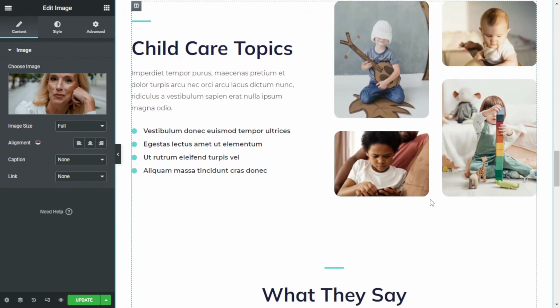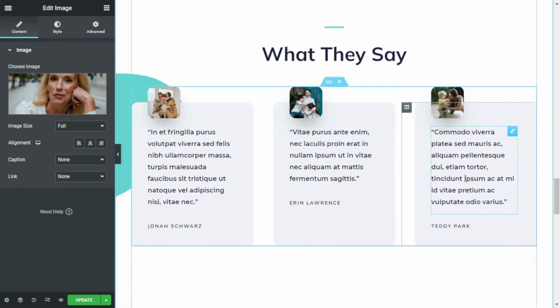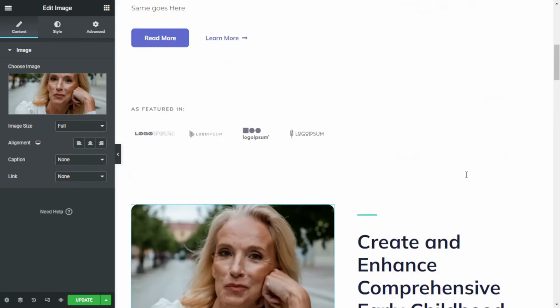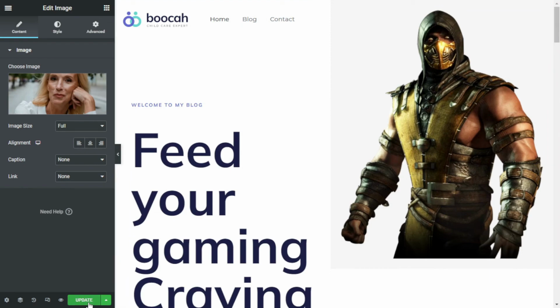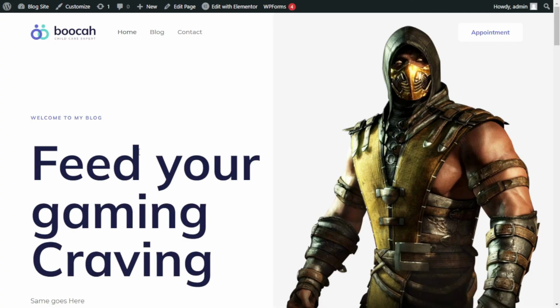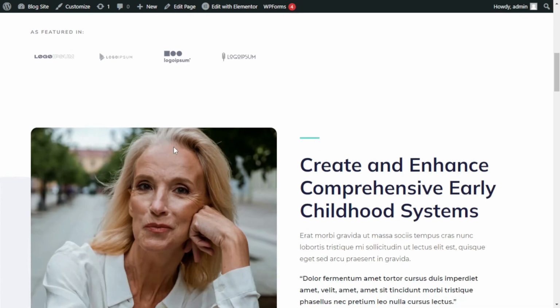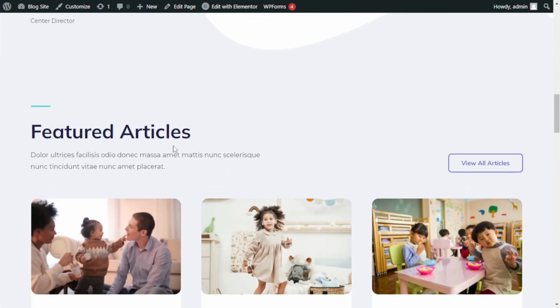So now you know how to edit pages on your website. Once you're done with your changes, click on Update. Now you can click on Preview Changes icon and see how your website looks. You can see the product we added. You can add more such products.